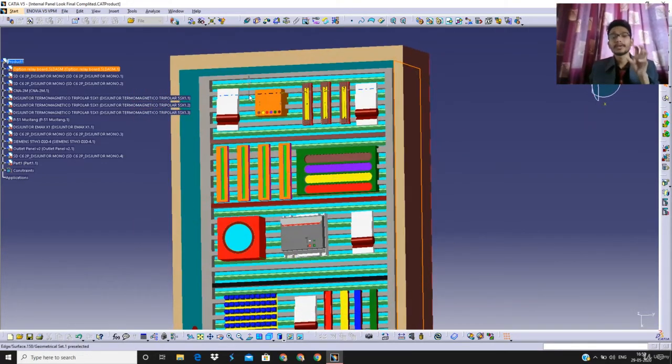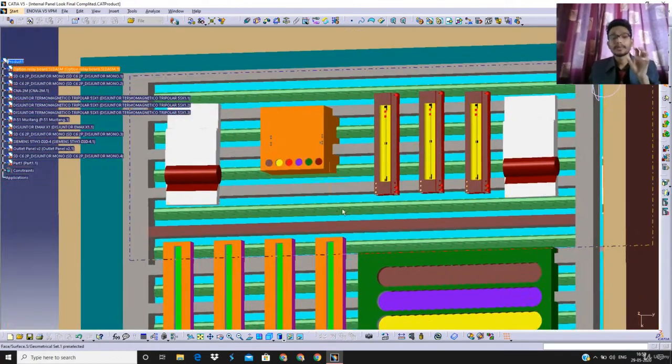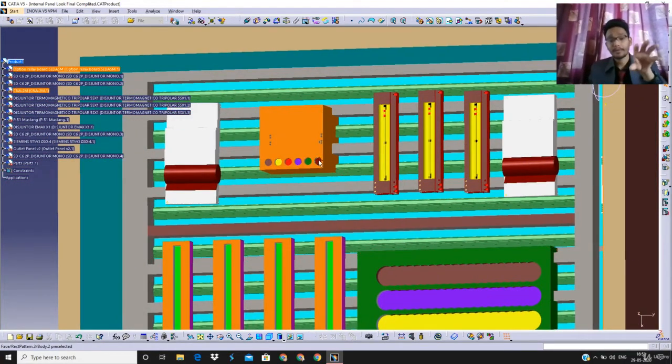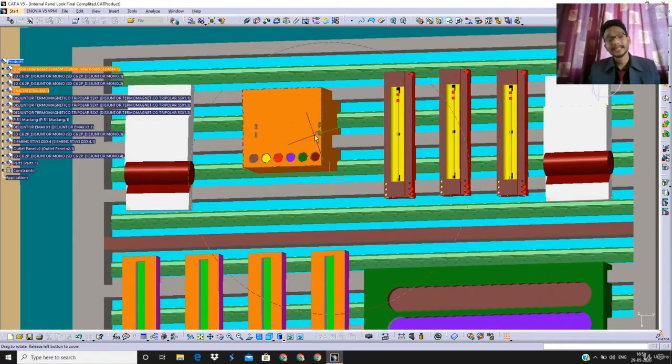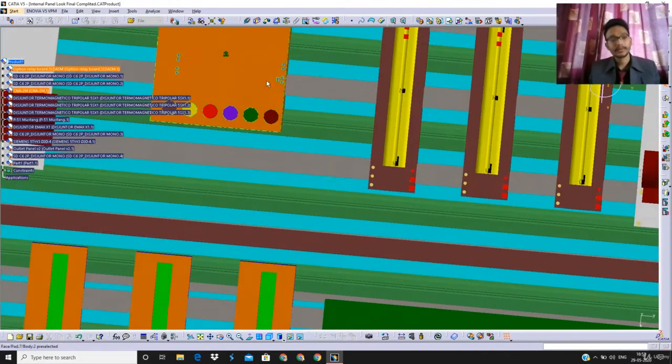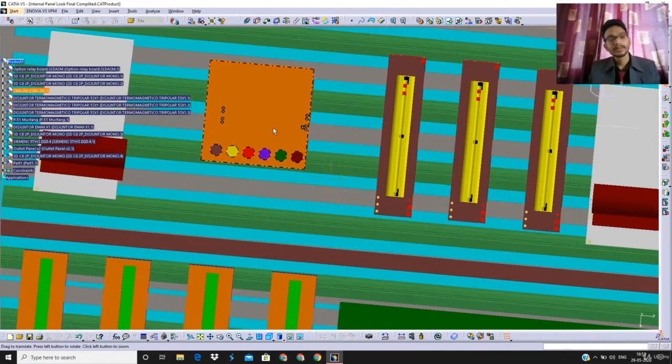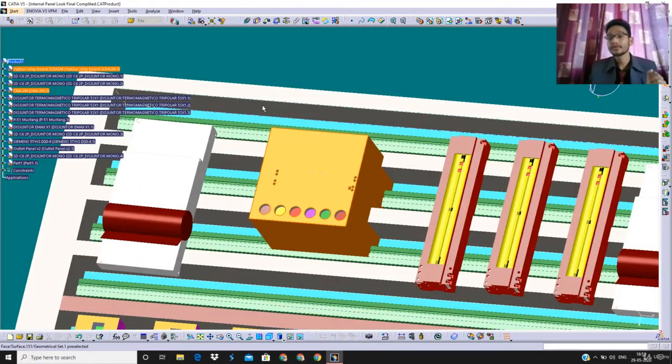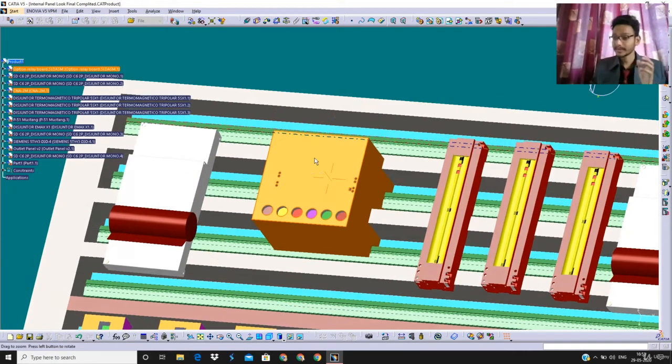The second part you can see near the orange box is known as surge suppressors. It is a protective device which is used to provide protection against lightning strikes and also high voltage power surges.